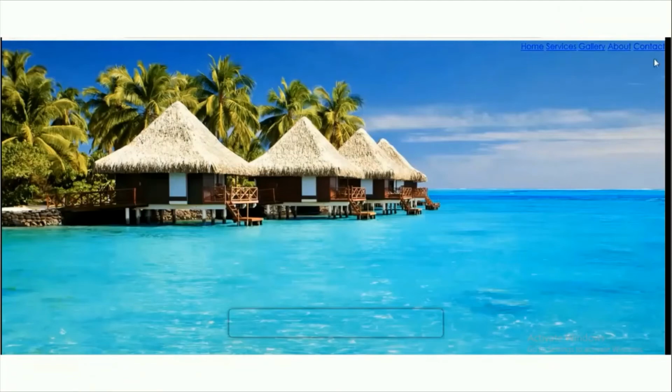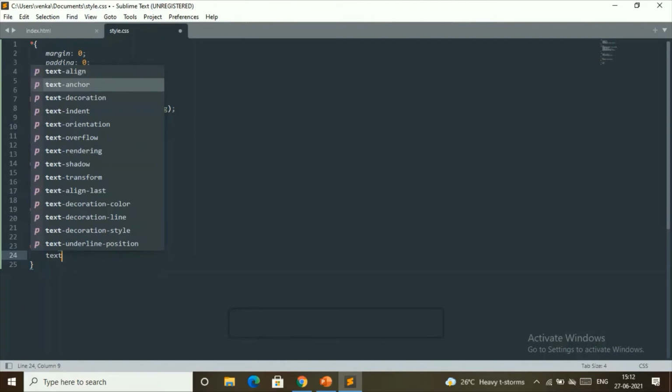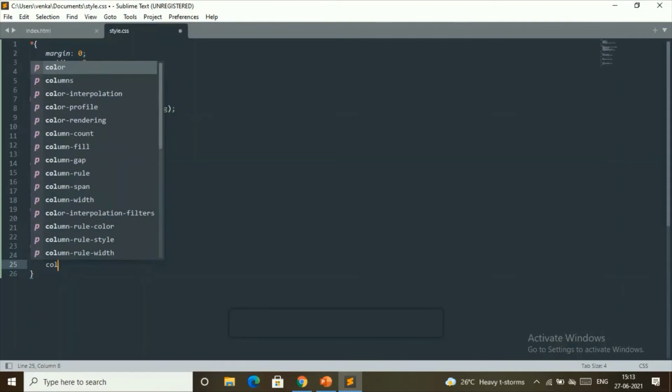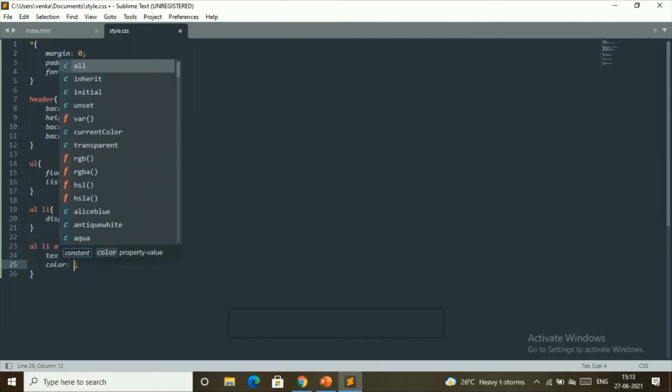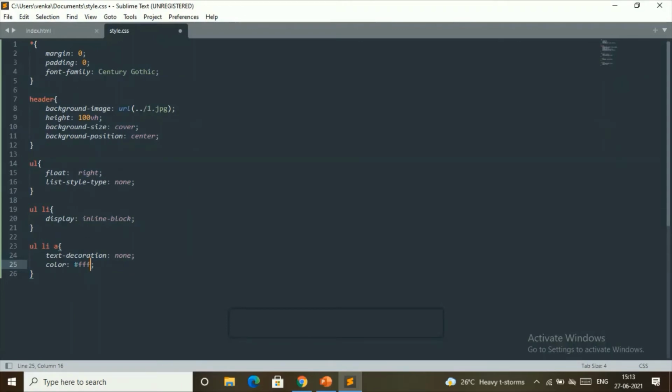Now we'll style our menu items. So now our text decoration will be none, and then our color will be white color. So we'll represent this by hashtag FFF. So this is for our white color. And then our padding, so we'll choose our padding.